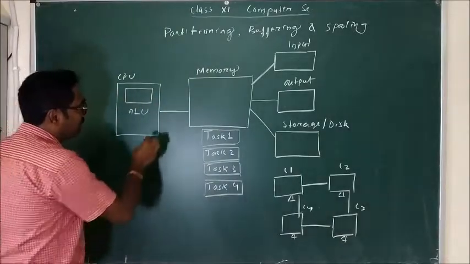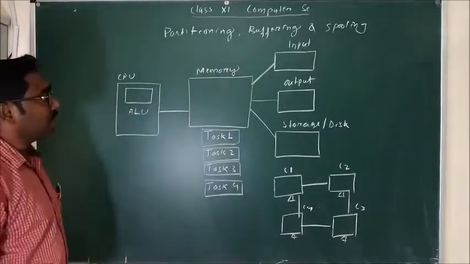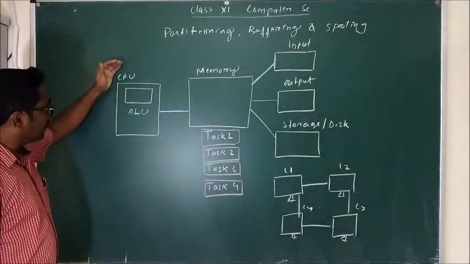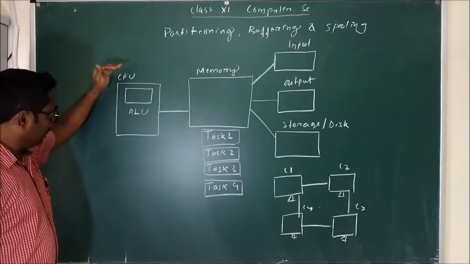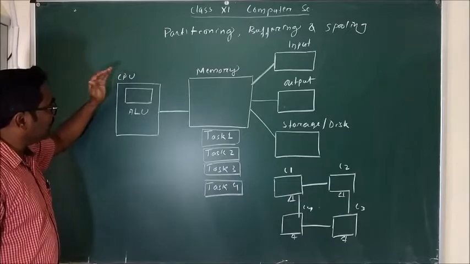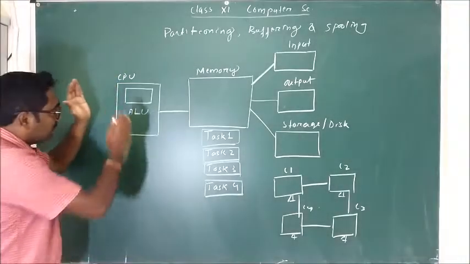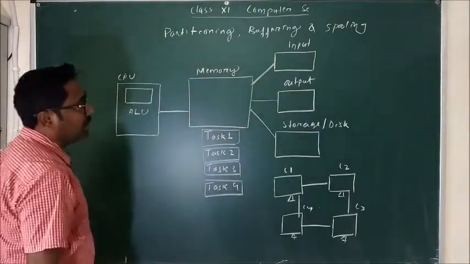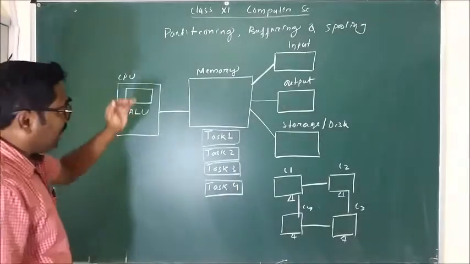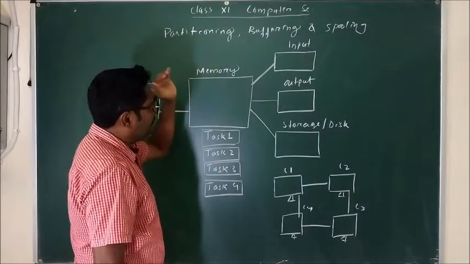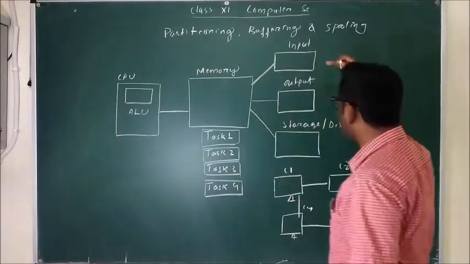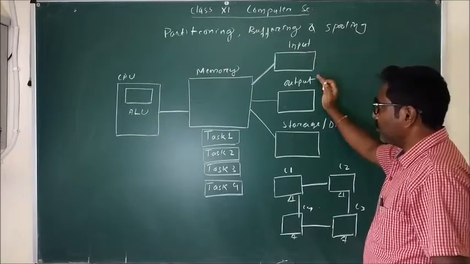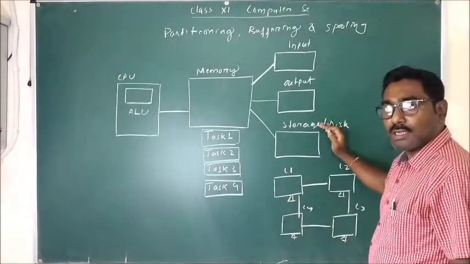We have already learned about the different functional units, but physically, how does the computer work? In this diagram, try to understand how the computer physically works. Each and every instruction is executed at the CPU, in the ALU. Each and everything will be executed at the ALU. The CPU interacts with the memory, which is nothing but the primary memory of the computer. The primary memory is connected with the input device, output device as well as the storage device.